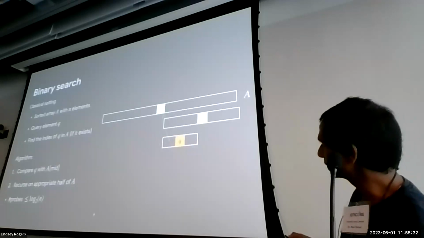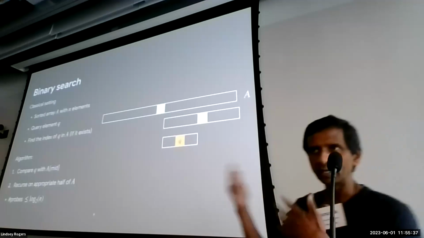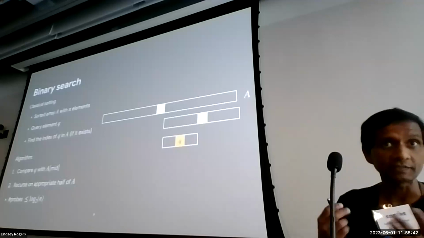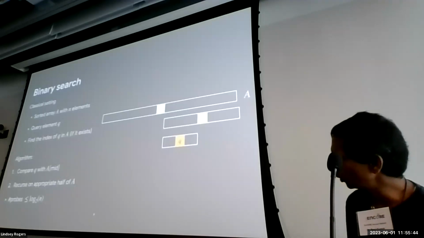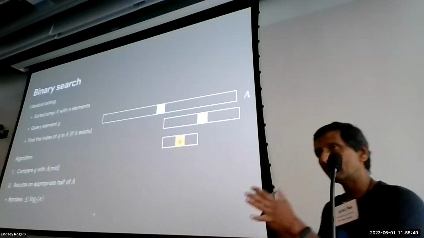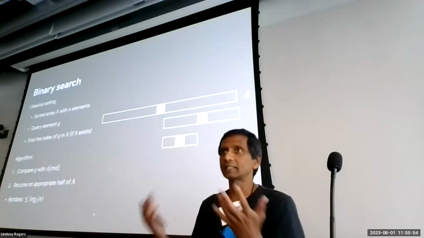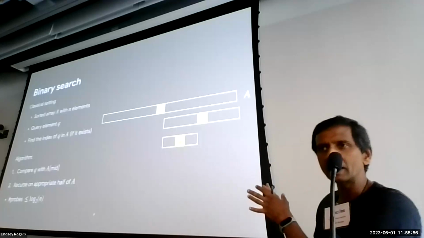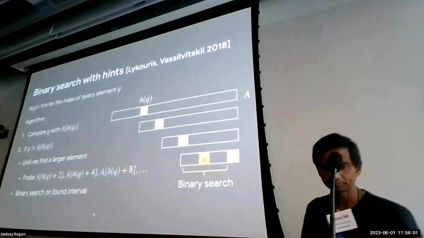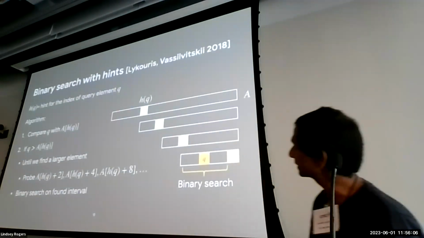So what we do is we of course start with the middle point and compare. The array is sorted, so it tells me which way to go, left or right, and then I keep doing this until I hit the element, if it's there. The number of probes into this array is log n. That's the measure that we focus on. And we want to understand whether hints or advice can help here. This is not strictly an online problem, but again, it gives an idea of what this model can achieve. This is binary search with hints, and it is an original take of Lecoq and possibility.